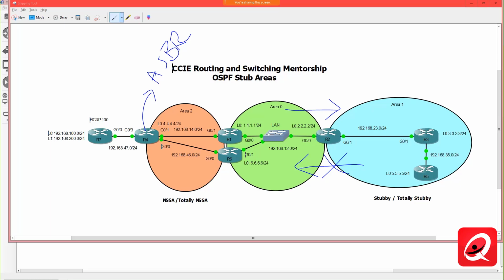Just keep in mind, the stub flag is part of the OSPF negotiation. Make sure you make these changes, whenever you're creating these special area types, in a maintenance window, because it will disable your adjacencies between your peers. Okay? We will talk about all of the different options. So for example, if I come into router 2,